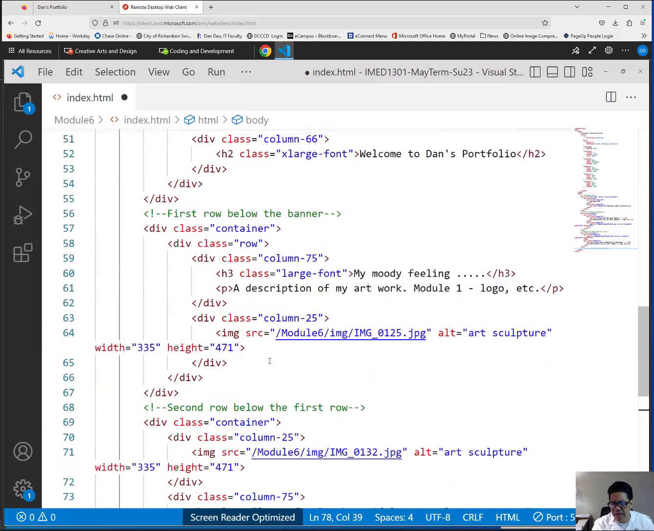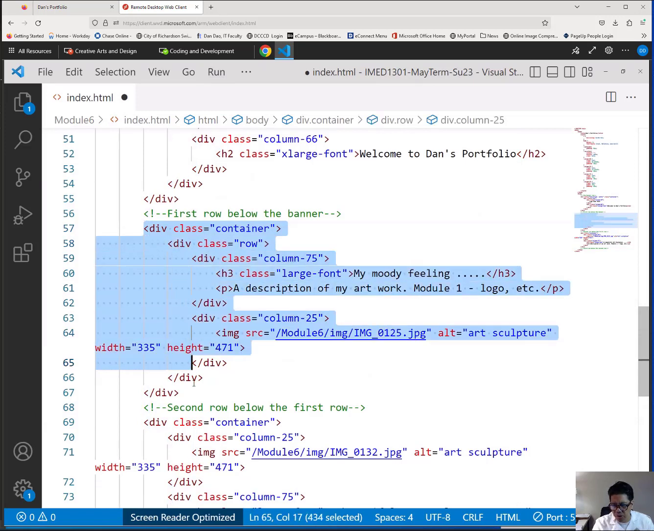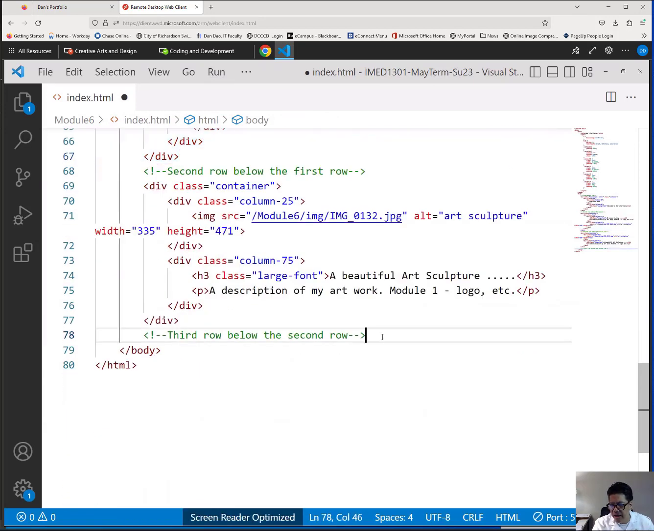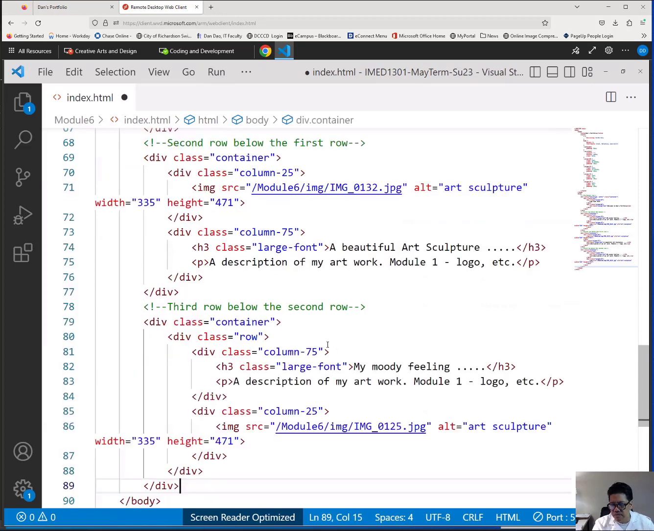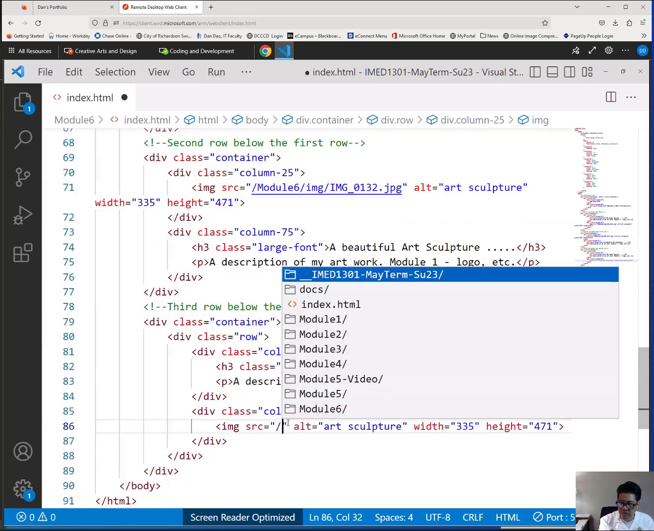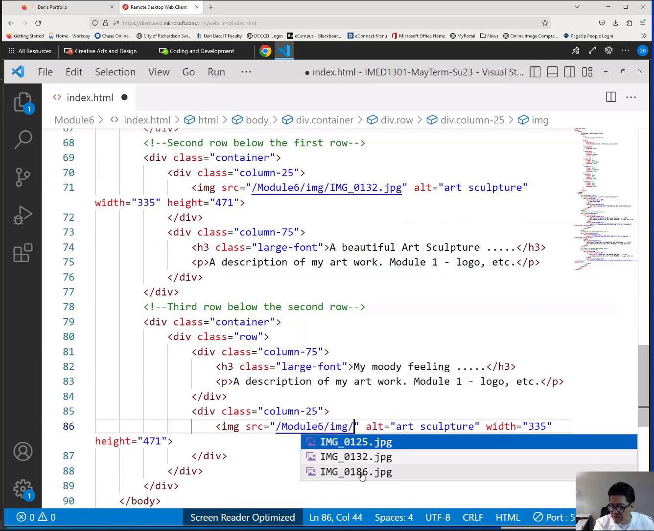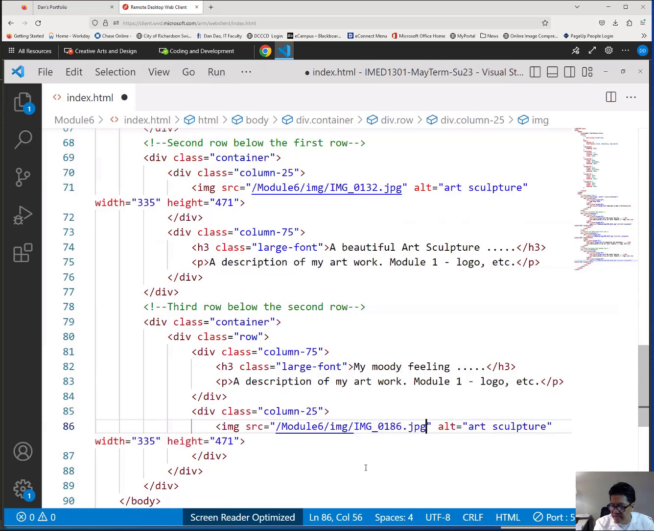So what I'm going to do is take the content of the first row, highlight that from div to div, div to div, copy that, all right? Come down here after that. I'm going to actually change the image here. Change that /module 6. Change that to image. And we're going to insert an image 0186. And then again, I have to change all this text right here as well. A Japanese